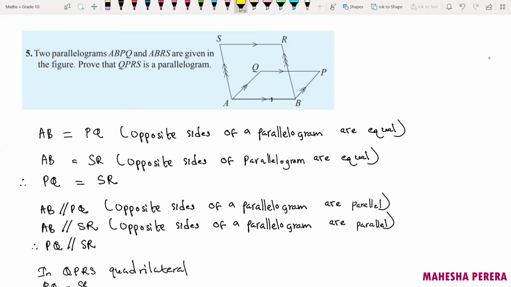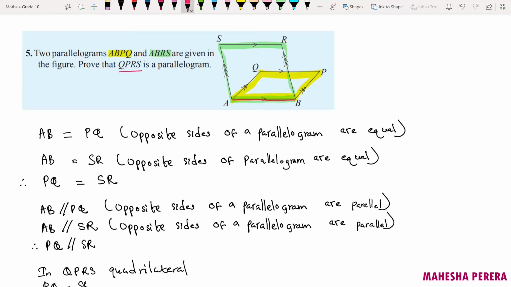Two parallelograms, ABPQ. Where is ABPQ? It's here, right? And then ABRS, it's over here, right? Now, did you notice this AB side is common to both parallelograms, right? And then we need to prove that